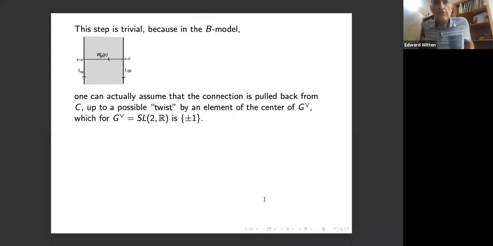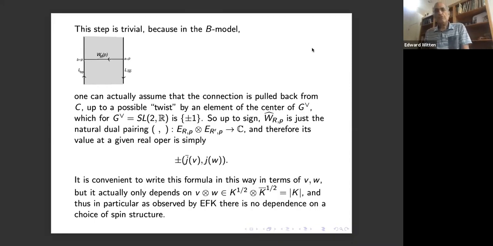This step is trivial because the B model localizes on flat connections, but a flat connection on sigma times C is a pullback from C because sigma is just this strip, which is contractible. So therefore, our connection, which is flat, is pulled back from C up to a possible twist by an element of the center, which for G dual equals SL2 is plus or minus 1. So up to sign, the Wilson operator is just the natural dual pairing on these vector spaces, and its value at a given real OPER is just plus or minus the pairing